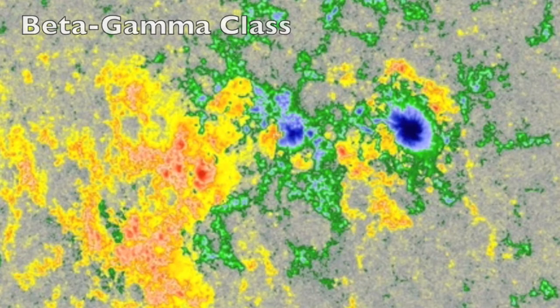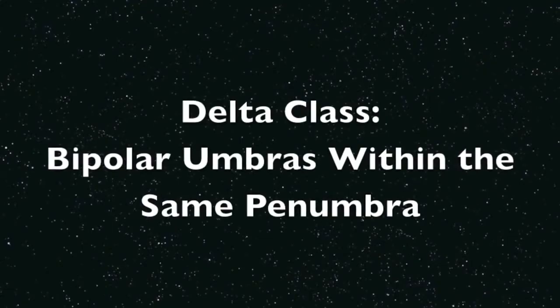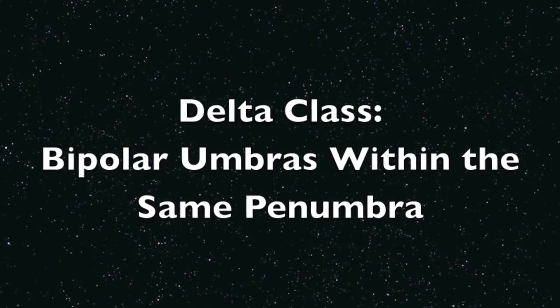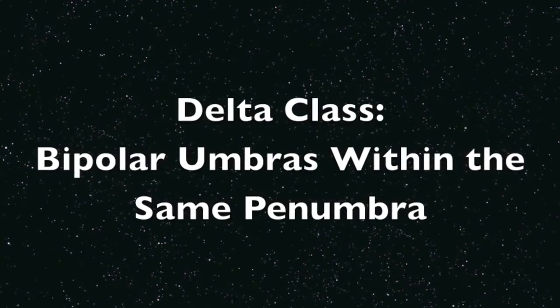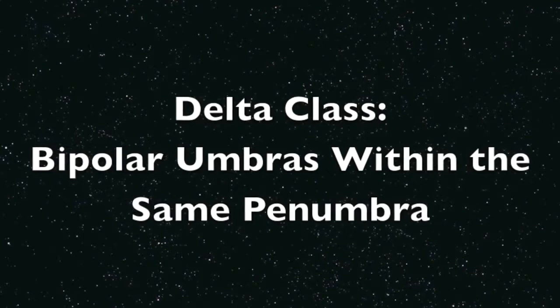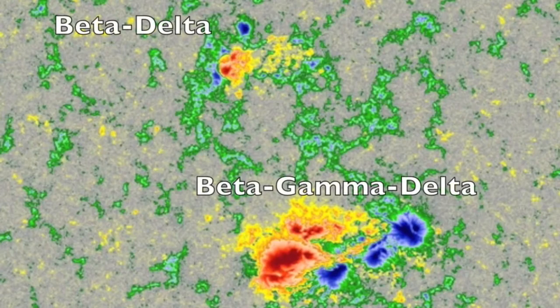The most important sunspot class is delta, and you need to build on your previous knowledge here. If you have a positive and negative sunspot umbra within the same penumbral region, it's likely a delta class sunspot. Delta class, like gamma class, can only come to beta regions, but gamma magnetic class is not required to have a delta spot. Technically, you just need two umbras for that, while you would need more than two for a